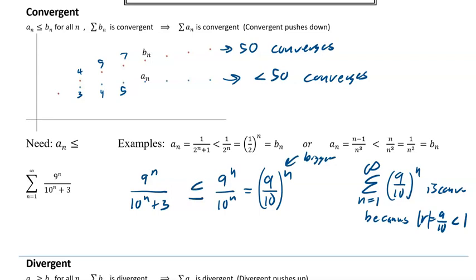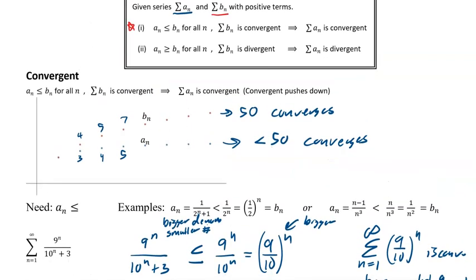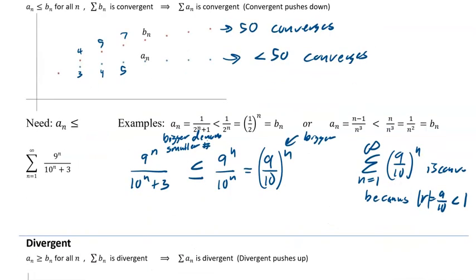So we write it, well, we know that's bigger, and we go back and we check it. Well, if you make the denominator bigger, you make the fraction smaller. So bigger denominator, smaller number, right? Which means this is true. And so that's the two conditions you have to meet: that A sub n is less than B sub n, so we've met that condition that it's less than, and that B sub n is convergent. And there we go. So therefore, the sum from n equals 1 to infinity of 9^n over 10^n plus 3 is convergent